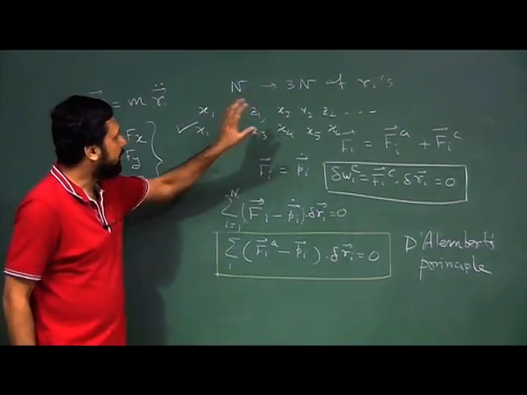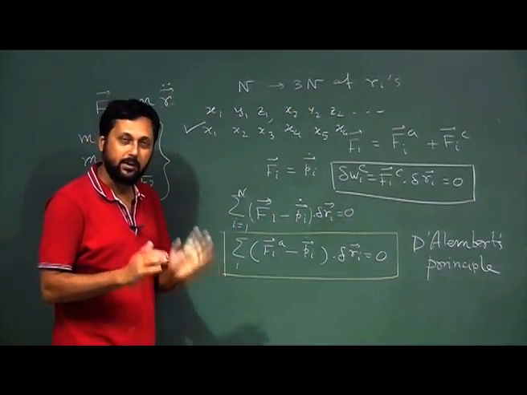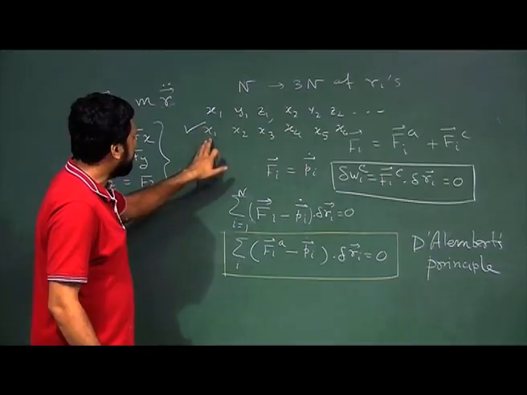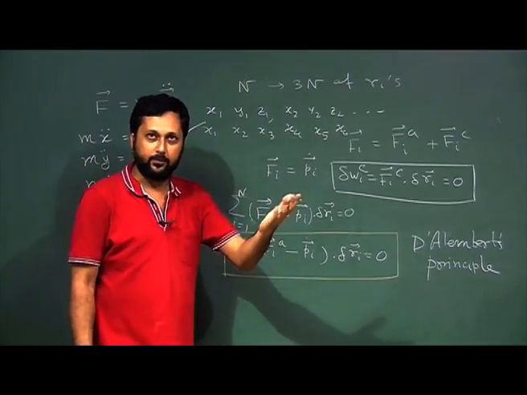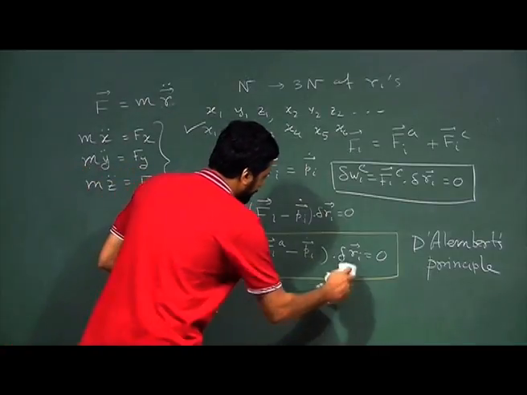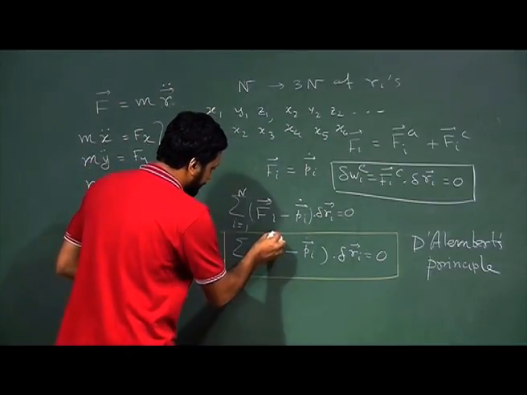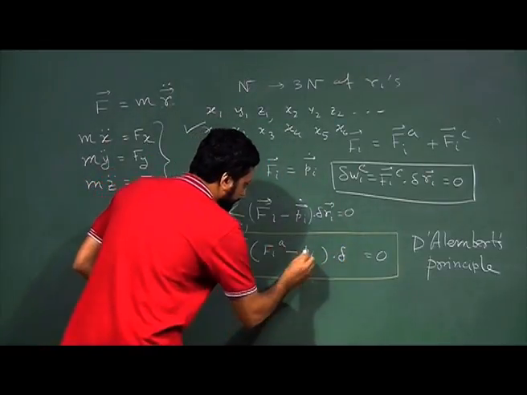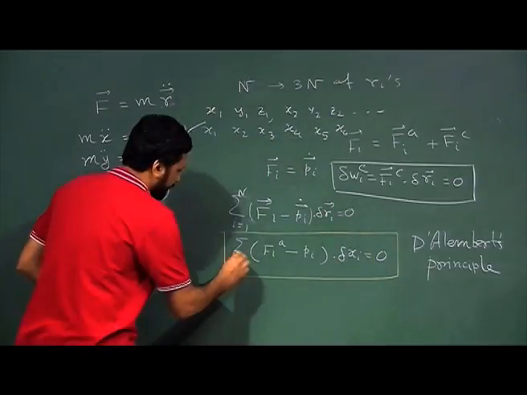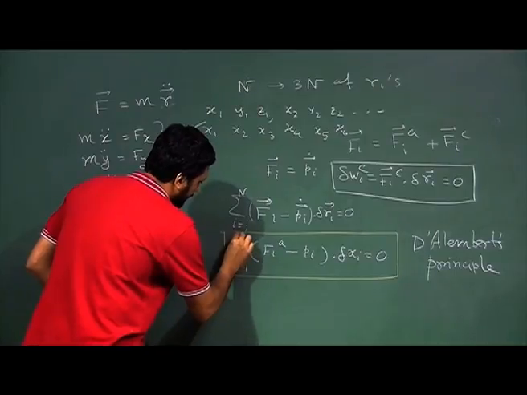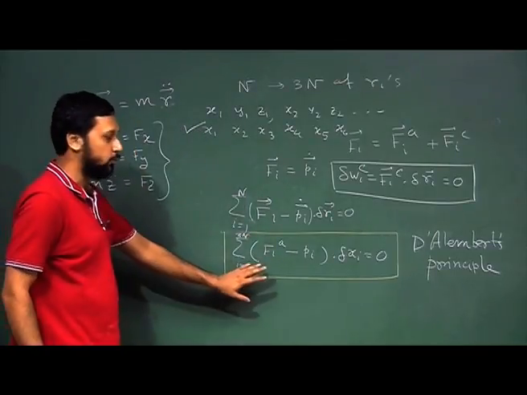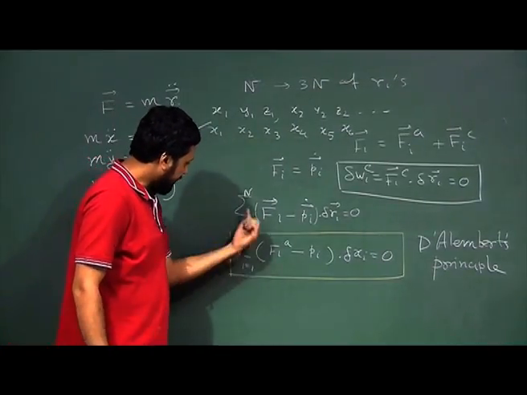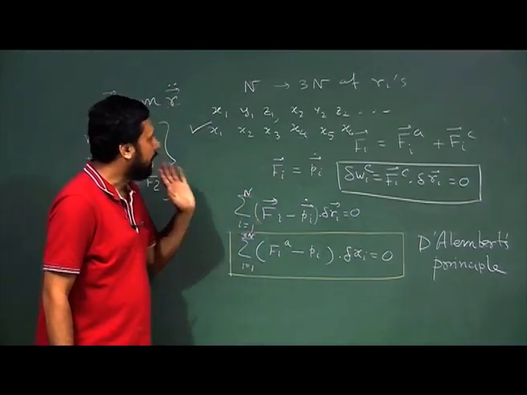If we have n particles, we know we need 3n coordinates, so we will just use x1, x2, x3 up to x3n. Instead of writing vector equations, we will reduce this equation into scalar form and sum it from i equal to 1 to 3n. This makes more sense, and we will use this notation uniformly from now onwards. Unless otherwise specified, this index runs over all required coordinates.